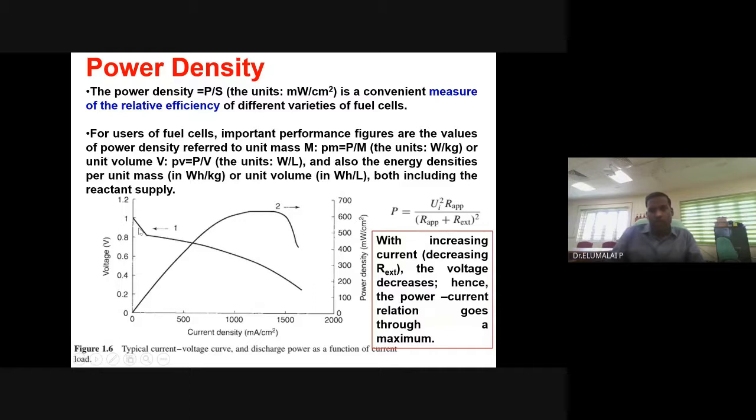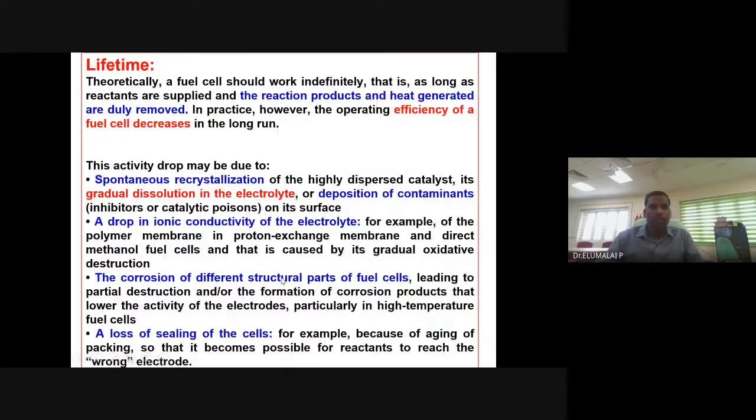I have a much better curve later. So voltage versus current is another characteristic to define or characterize a fuel cell, not only the power density curve but also the IV curve. I think I may have the IV curve. Okay, I think it is coming up.